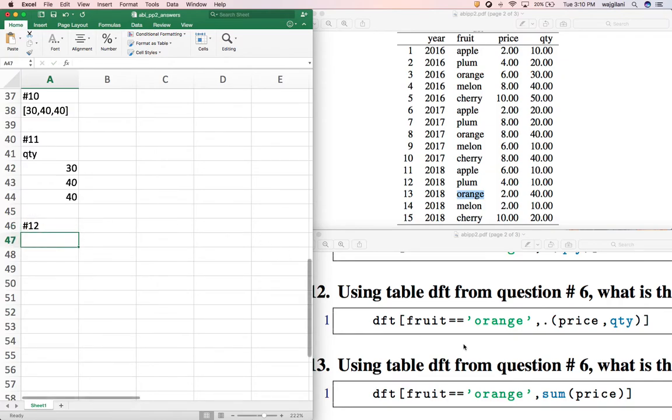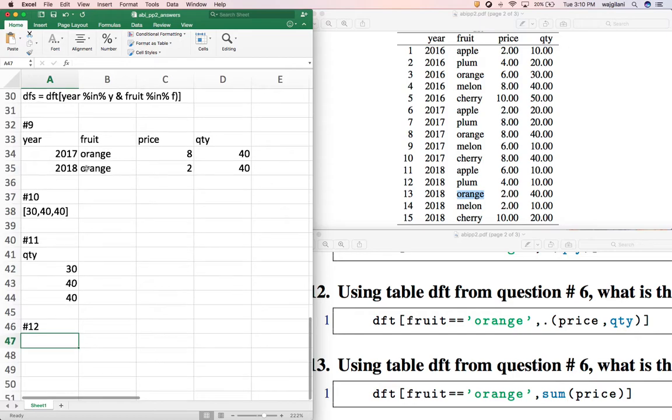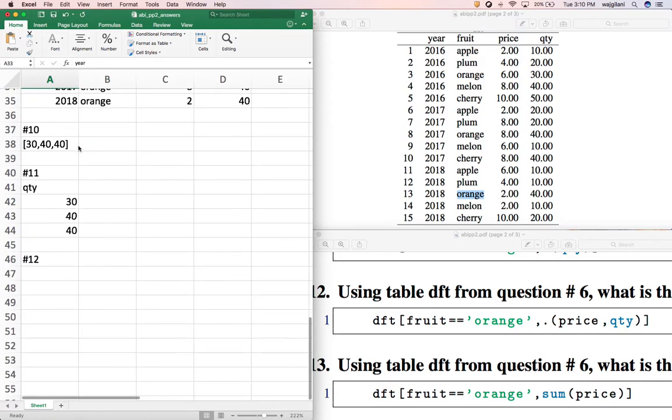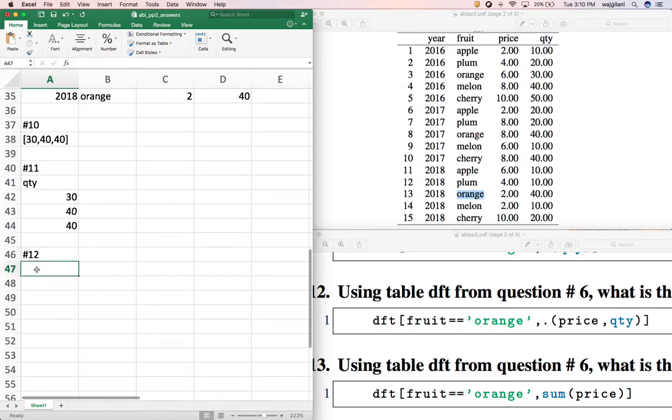All right, for number 12, we are filtering by orange again. But this time I have a comma and now a dot parenthesis, and then I have a price and quantity. So basically we're filtering for orange. I'm going to cheat a little bit. Actually, we only have 2 columns anyway. So I'm going to filter for orange, and then I'm just going to take the price and quantity columns. So I have price and quantity